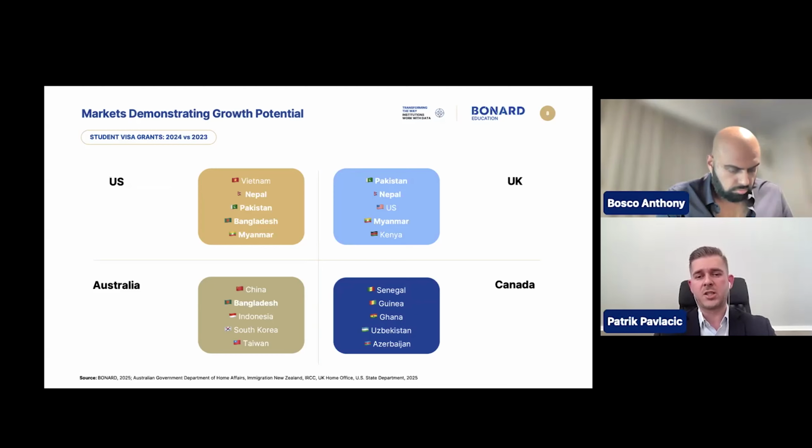However, what's also interesting is that probably the era where markets were growing across the 4 destinations is over. And what we're seeing is that student flows are really changing, and it's quite destination specific. So for the US, we've seen Vietnam perform really well throughout the quarters. Also, Nepal continues to grow for the US, and Pakistan emerged as one of the priority markets for US providers. We've also seen really strong performance by Bangladesh, and another source market that posted solid growth for the US providers